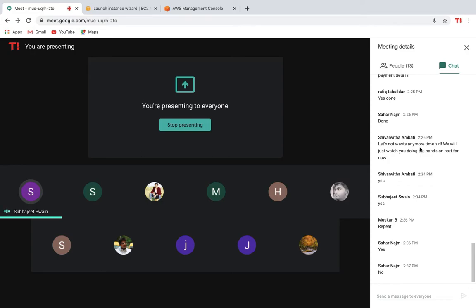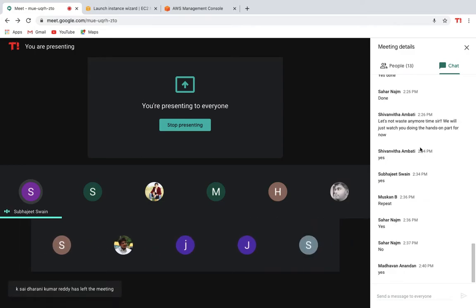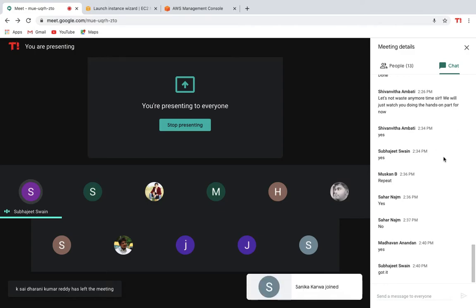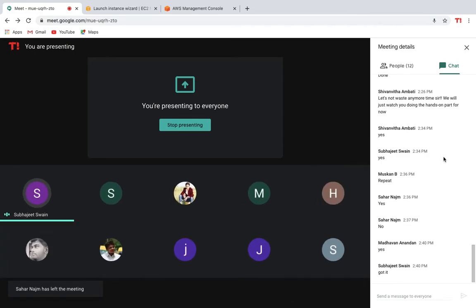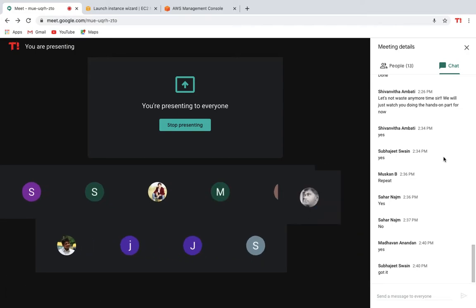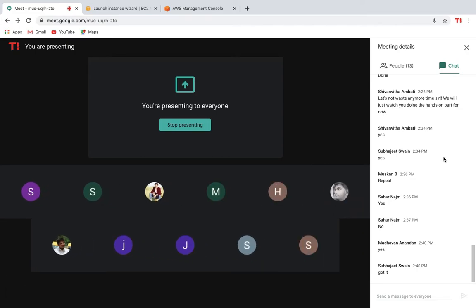Okay guys, answer quickly that everyone has got it. Launch instance, Vajvan has got it, Kumar Reddy has got it, fine. Sahar hasn't got it, so go and get it fast. Got it, fine. Just go fast.